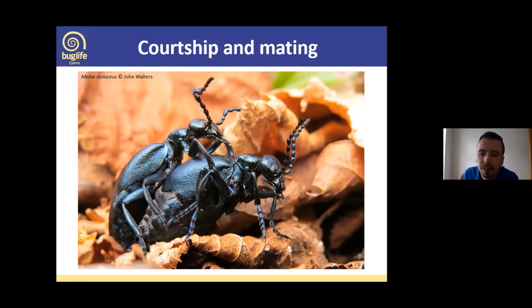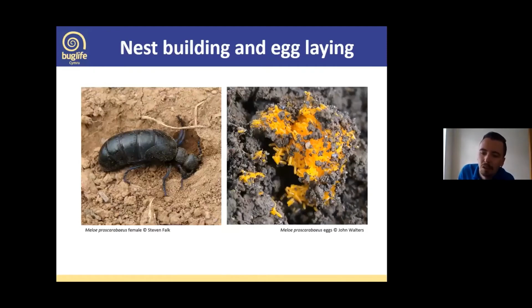And then after mating, the female has got to look for nest laying sites. And this is where they come into frequent contact with us as we're exploring the countryside, because the females are looking for areas of bare ground and ideally compacted soil as well. So this is where they typically use footpaths, and the Welsh coast path is probably the best place to really